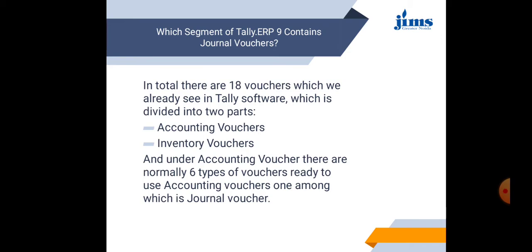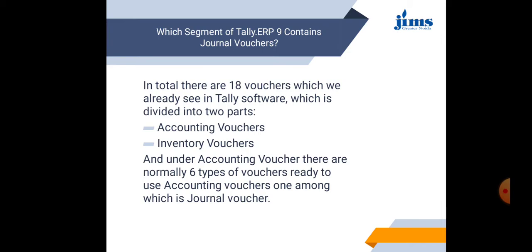Now the process of recording these transactions in the book of original entry is journalizing, as we have studied in the basic concepts of accounts. The transactions are recorded in the form of a journal entry. Recording is made following the double entry system of accounting, so it records the twofold effect of every transaction.